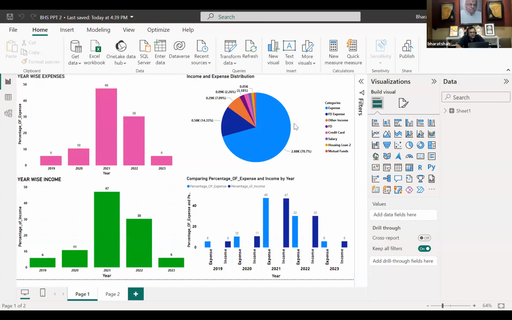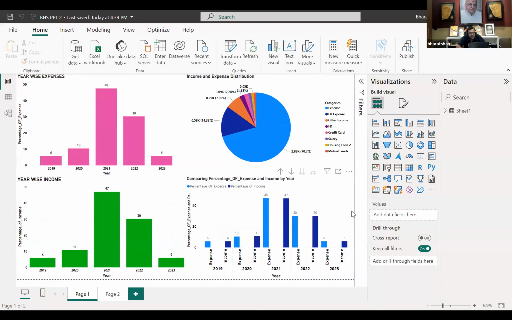Once you cluster your data, you get a view of how your income and expenses are. And then you can also try predicting, like if you are having a lot of credit card expenses within your overall expense bucket, then you can try predicting what the credit card expenses can be